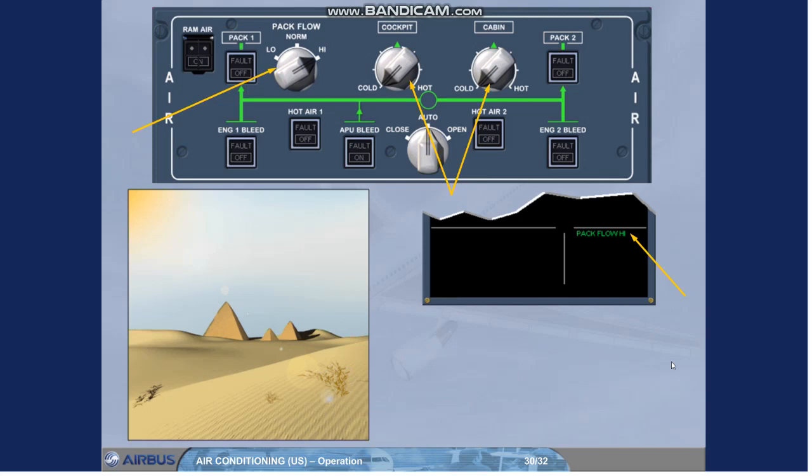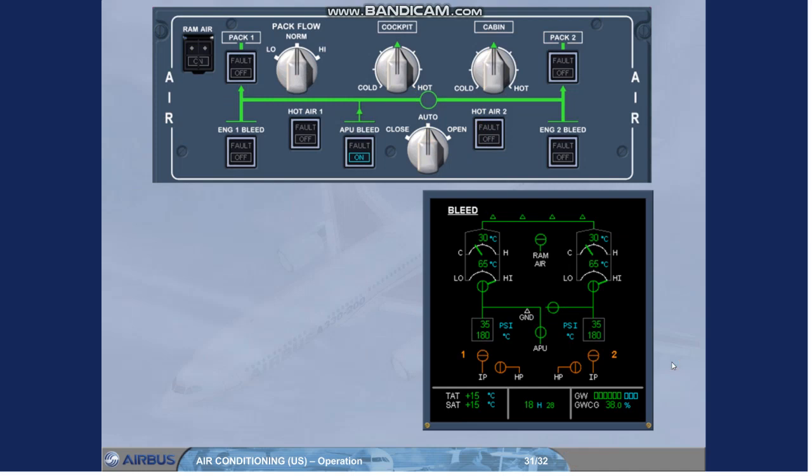Using high pack flow will increase the bleed demand from the engines and use more fuel. Once airborne, the pack flow selector should be returned to normal, and the temperature selectors adjusted as required. After landing and engine shutdown, the system can be set to run from the APU or switched off completely,